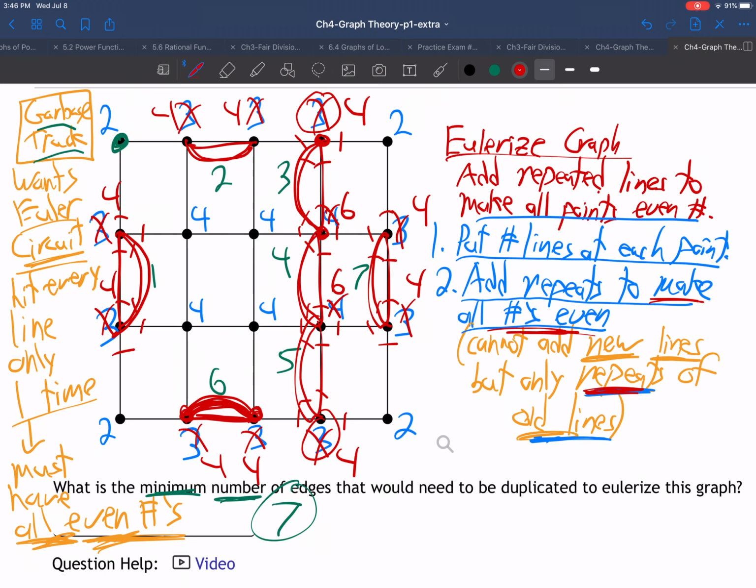You know, they hire math science people. Companies, businesses, and government agencies hire math science people to look at a map like this and figure out the best route so the garbage truck, post office person, street cleaner can go around town repeating the least number of streets and come back home. We just found 7 streets would need to be repeated to make all the numbers even and be able to come back home. That's called Eulerizing a graph, making all the numbers even, adding the least number of repeated streets you can to make all the numbers even so that an Euler circuit is now